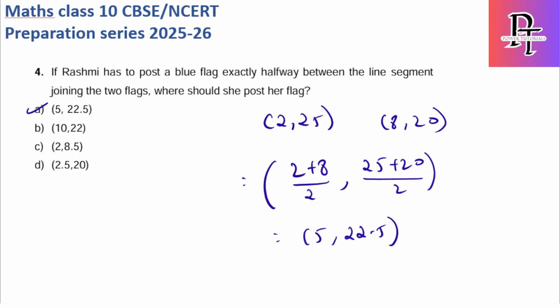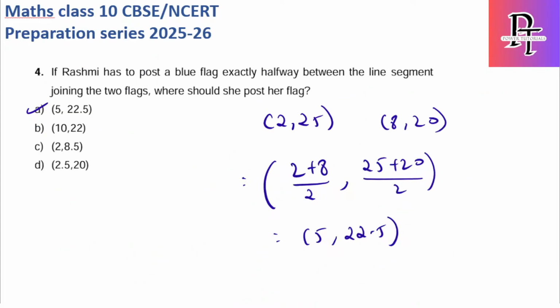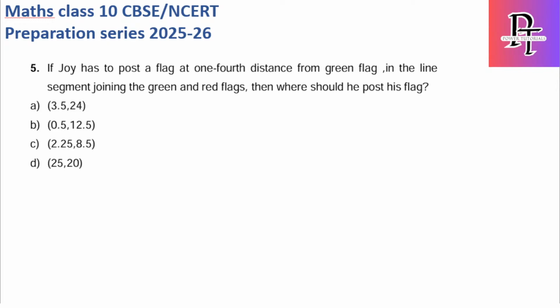You can see here the same formulas which I already mentioned in the formula page: midpoint we have used, distance formula we have used, and the ratio in this question they have used. Maybe in case study 2 they might have mentioned the ratio part as well. The ratio is also mentioned in this question, because Joy has to post a flag at 1/4 distance from the green flag in the line segment joining the green and red flags. So we have the first point, which is